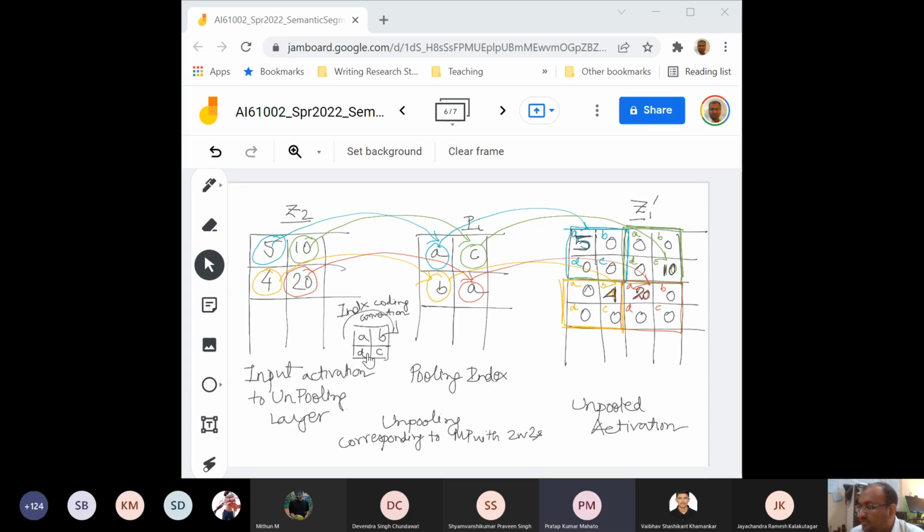So will it be 5 into Mn? Rethink. Your output is not going to be Mn, your input is Mn. Your output will have a different size. Yeah, Mn. Input is Mn, Z2 is M by N. So the number of operations is 5 Mn. I don't think so. Can you show me like exactly how you derived it?